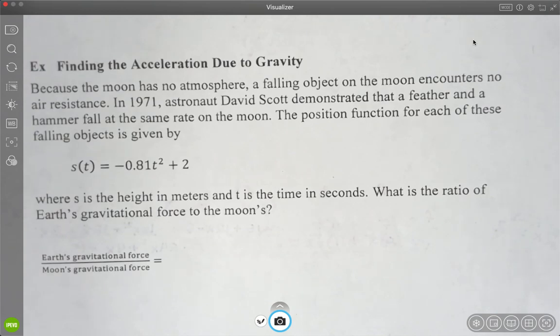Wow. You're magical. Right? Alright, so because the moon has no atmosphere, a falling object on the moon encounters no